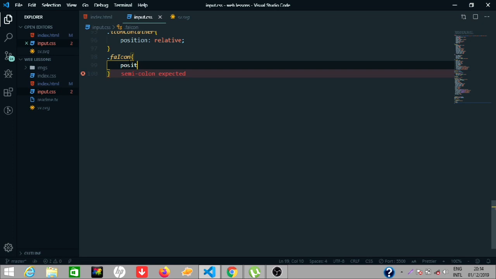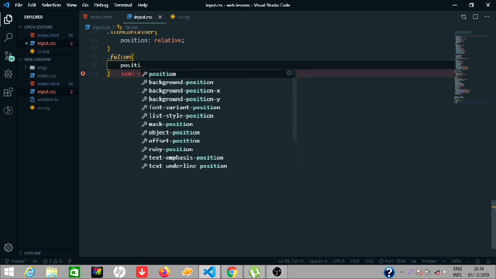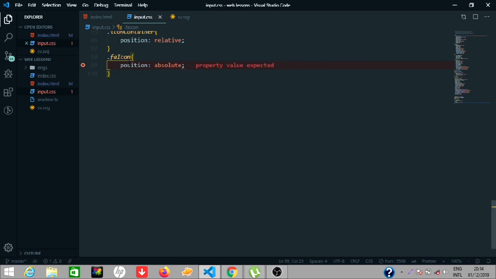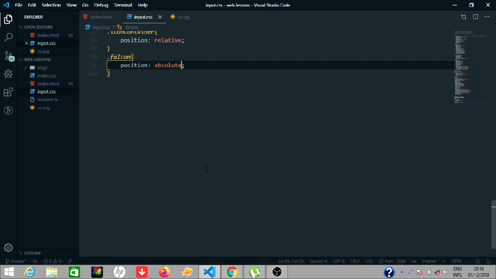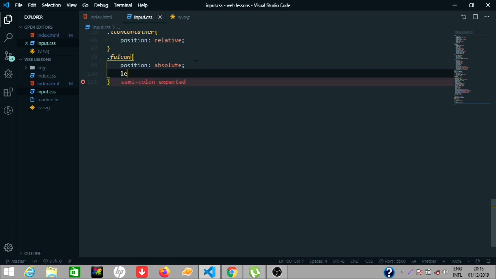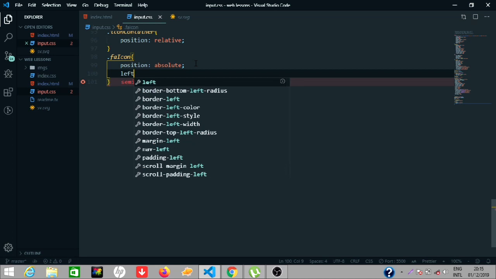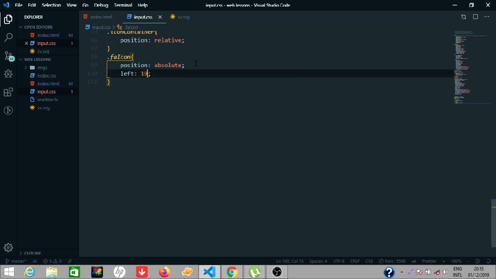Position absolute. So let's see if there's any changes yet. Refresh again. My system is slow, it's filled up already with files. Okay, there is a little bit. So now let's add our left, top, bottom. You know how it works. So let's add a left of maybe 19 pixels. Let's move to the left. Left 19 pixels